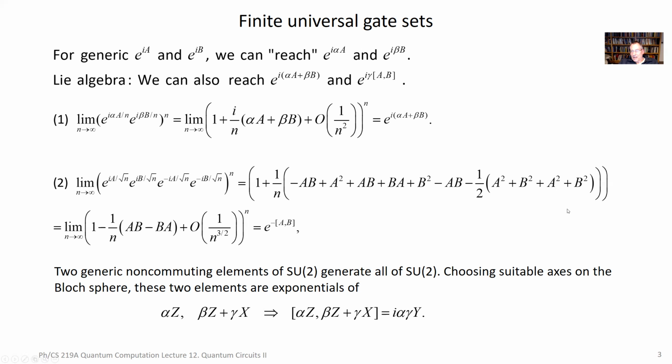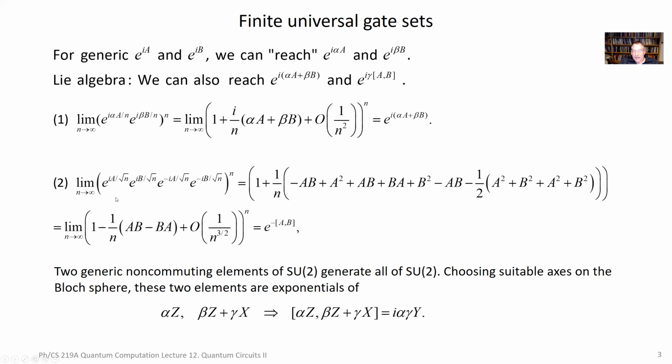And now we notice there are a lot of nice cancellations, because here I have a squared multiplying 1 over n, and here I have minus a squared, and here I have plus b squared, and here I have minus b squared. And then I have a minus AB and I have a plus AB, but then I'm left with a BA minus AB. That's just the commutator of BA and AB. I flipped the sign here, so I wrote it as minus 1 over n and wrote the commutator as AB minus BA. And then the other terms are higher order because they come from higher order terms in the expansions